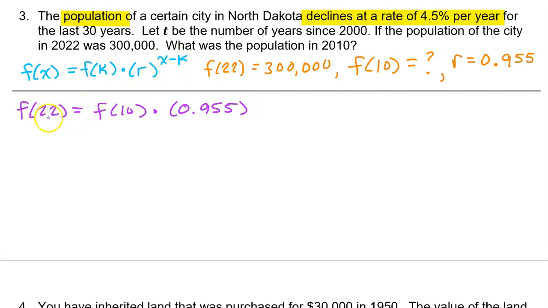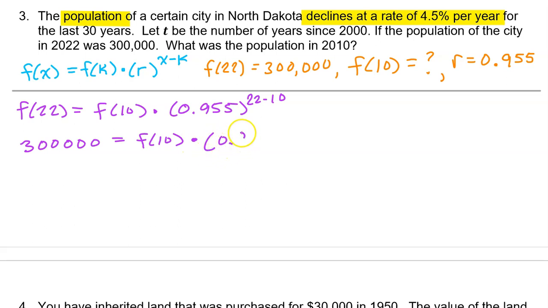Well, that's going to be 22 minus 10. f at 22 is 300,000. So the equation becomes 300,000 is equal to f at 10. Keep in mind this is what we are looking for,